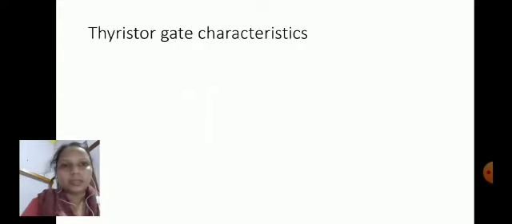So today's topic is thyristor gate characteristics. Under this topic we will study the changes that occur in the gate parameters, and here the gate parameters are gate voltage and gate current. We will study the gate characteristics, that is the graph between Vg and Ig, which we will describe through the trigger circuit. The details of these thyristor gate characteristics will continue in the next part.